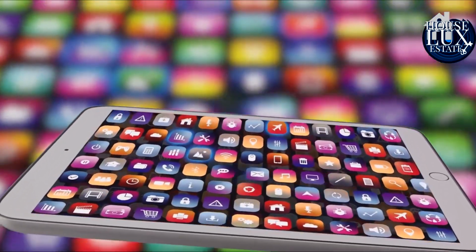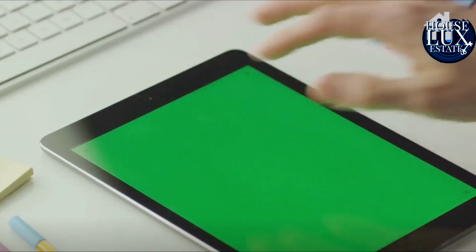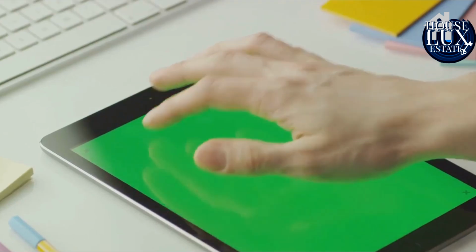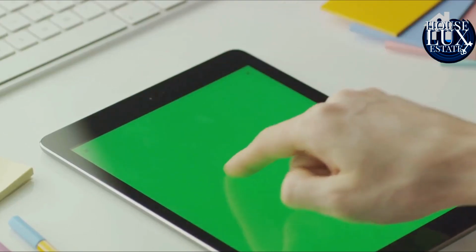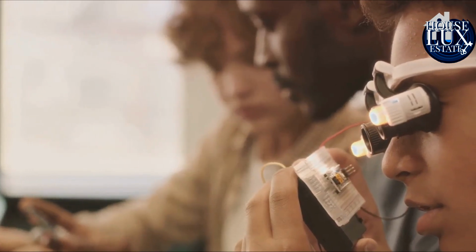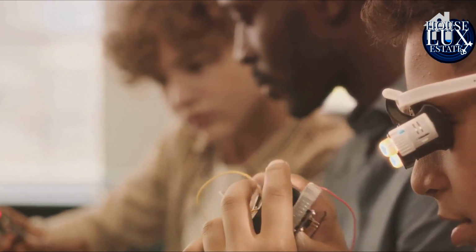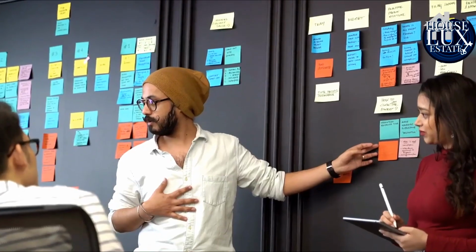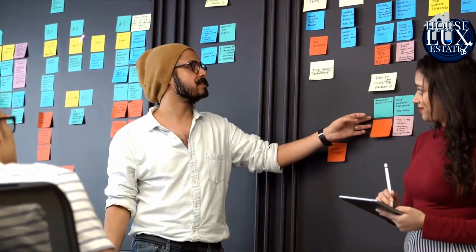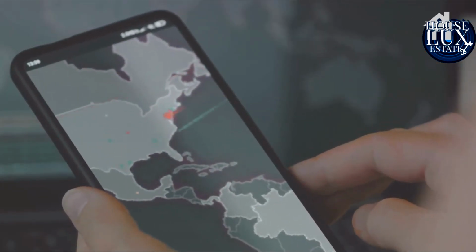Choose your platform wisely. First impressions matter, and your app's design is the first thing users will see. Now let's think about this. Design isn't just about pretty colors and stylish fonts. It's about the overall user experience, how your app feels, how it flows, how it responds to their touch. In the world of app development, design is a conversation between you and your user. It's your chance to guide them, to make their journey as smooth and intuitive as possible.